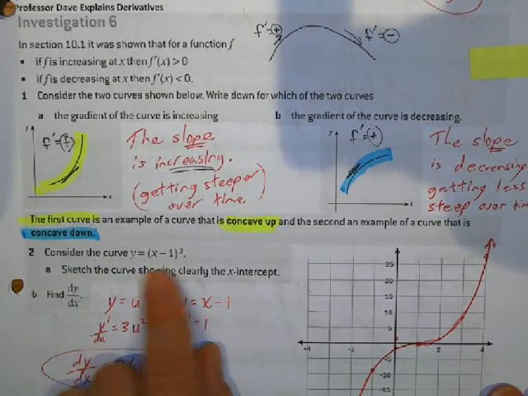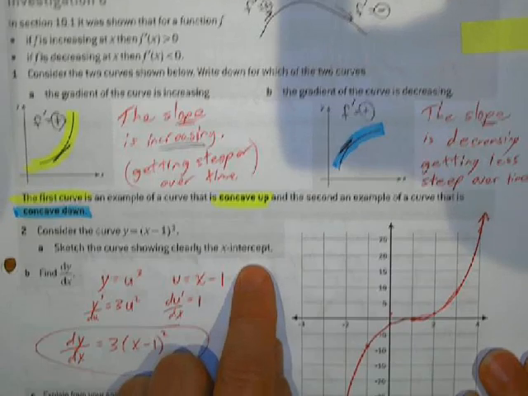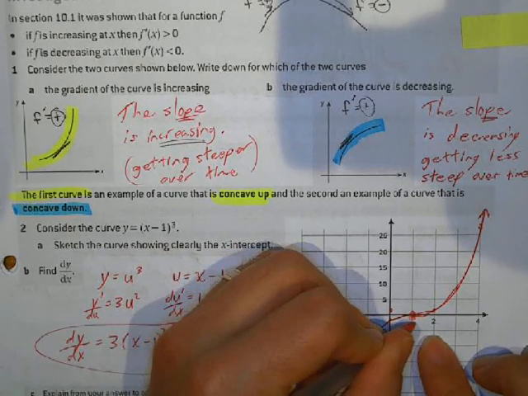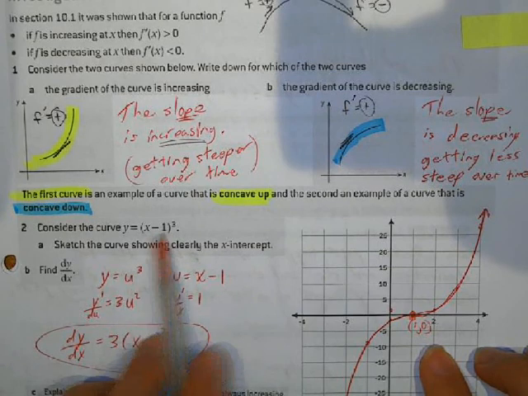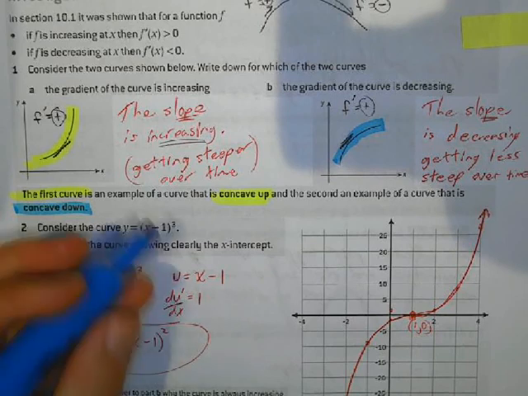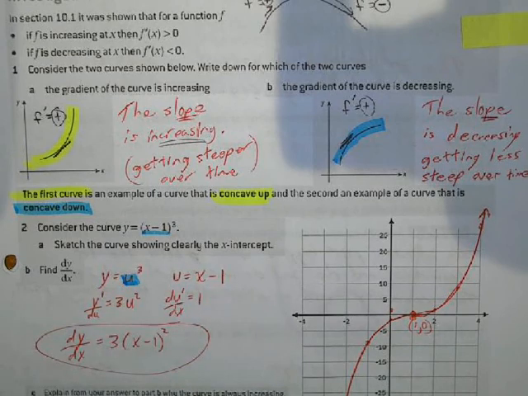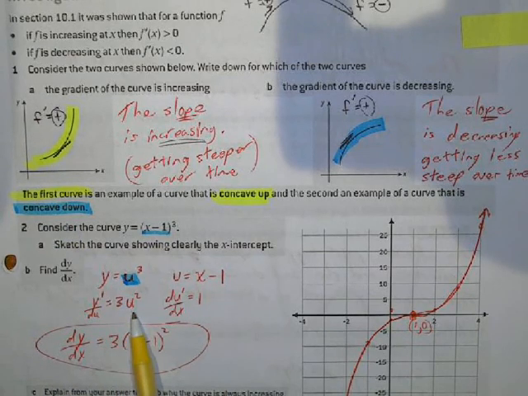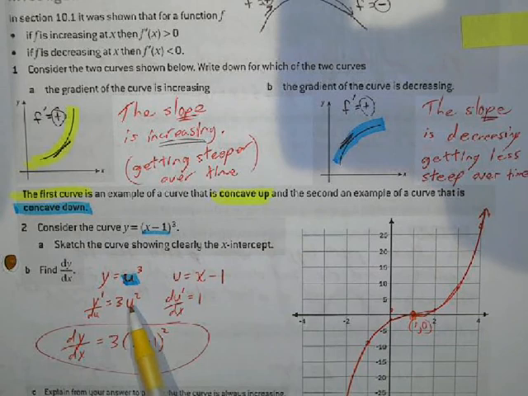So consider this graph, y equals (x minus 1) cubed. Sketch the graph and label the intercepts. I guess I didn't label the intercepts. This intercepts here at (1, 0). So take the derivative. I'm going to call the thing inside here u. So u is cubed. The derivative of u cubed is 3u squared, and if u is x minus 1, the derivative of that is 1. So using the chain rule,